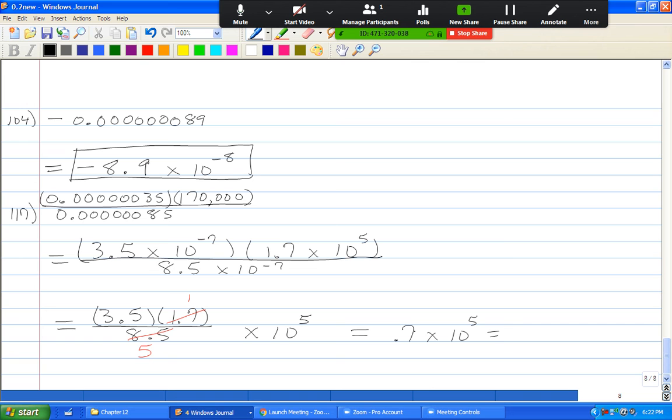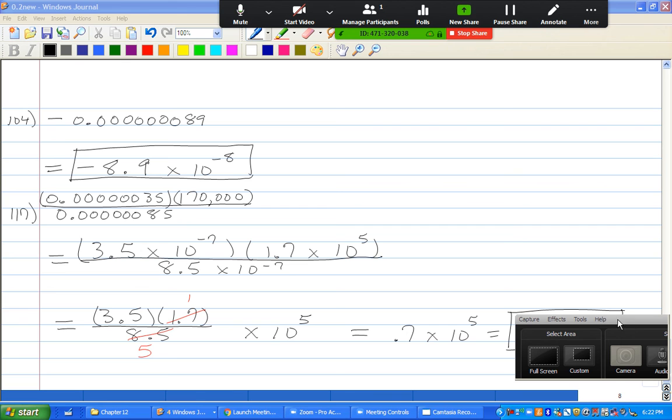And so, moving your decimal, this is equal to 7 times 10 to the 4, since you had to move your decimal place over 1. So 70,000. And that's your answer. And so that is the end of section